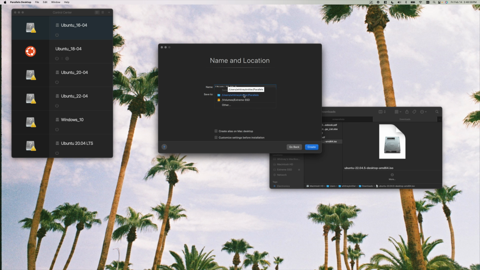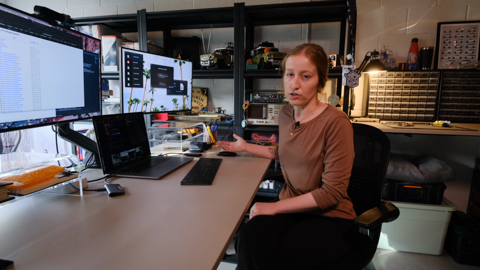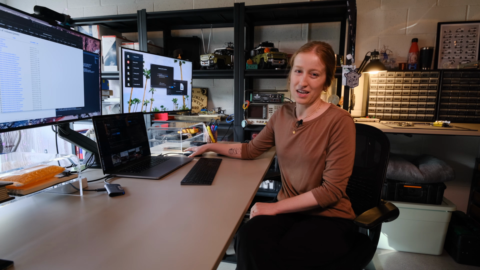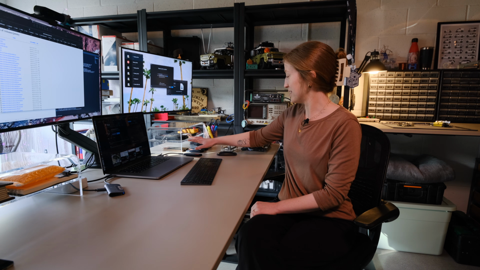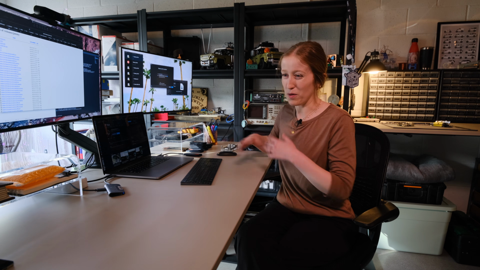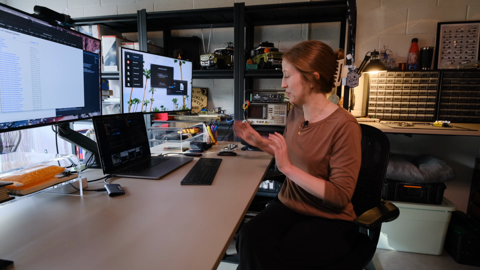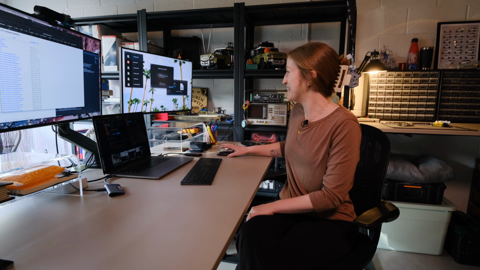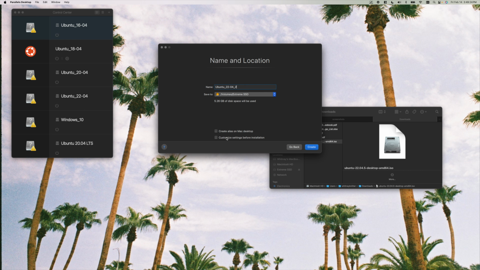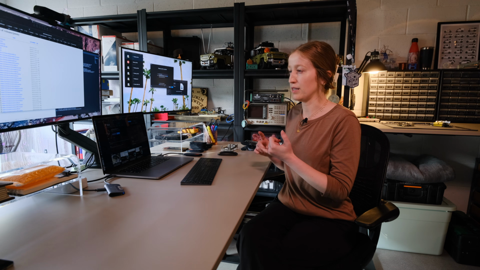So, my default location, this is within my actual computer, but I don't want it there. I want it on my external hard drive. When you're doing an initial installation like this, I recommend only having one of these installed, because at least with these hard drives, they all pop up as the exact same name and they're not easily differentiable. So one thing at a time. So I'll do that. And I do want to customize settings before installation, because it will default to a specific